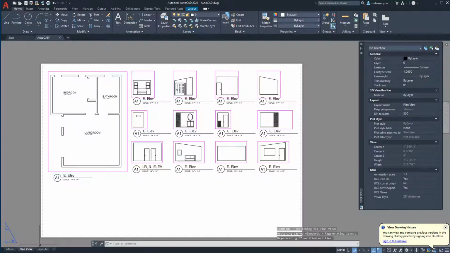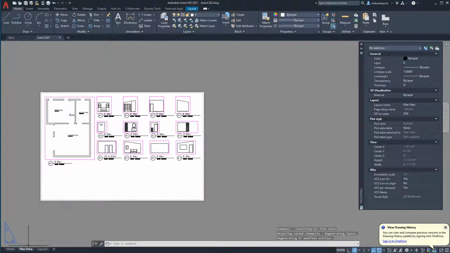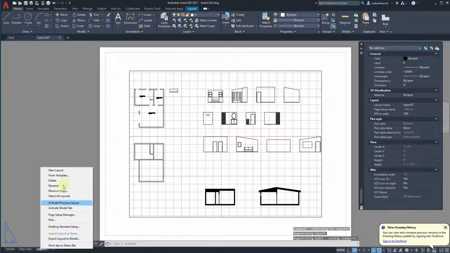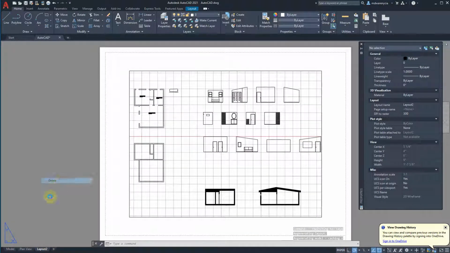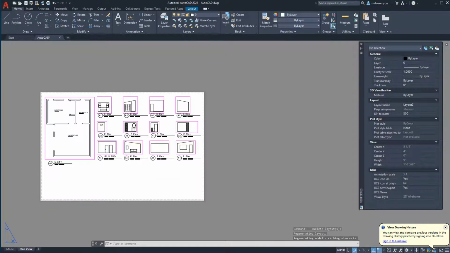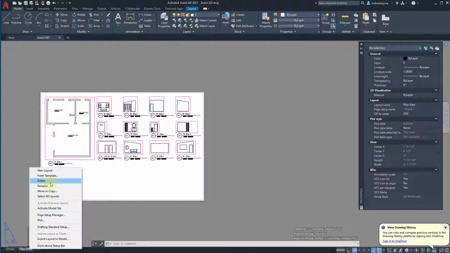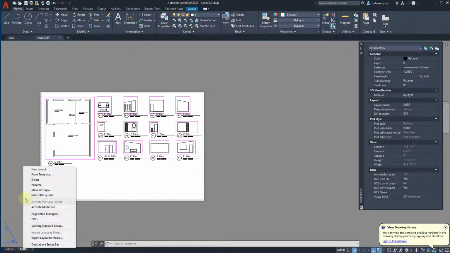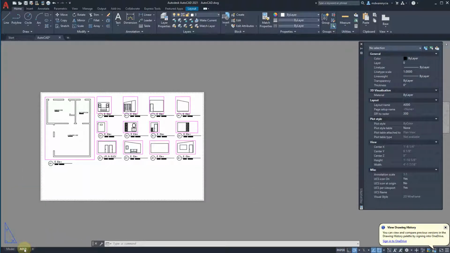Okay, plan B. I am going to delete this layout 2 right here. So I'm just going to right click on it and do delete. And I'm going to go yes or okay. This first page for now, I'm actually just going to rename it. And I put that naming schema on the Project 3 guide for you guys. So try and use that. It's going to help me grade these a lot faster. And so I'm going to rename that to A000, which is what we're going to have